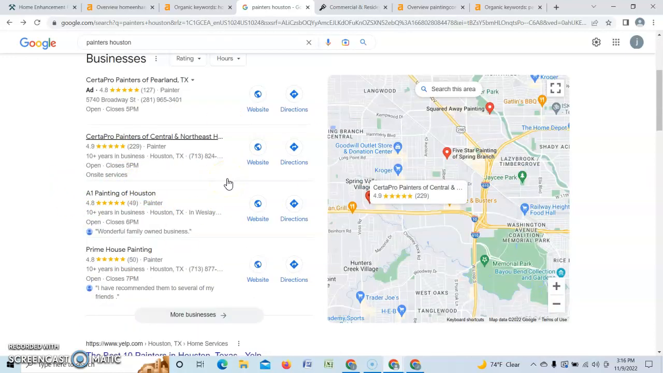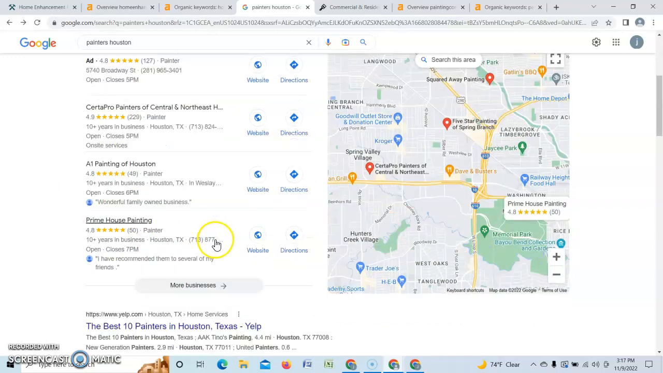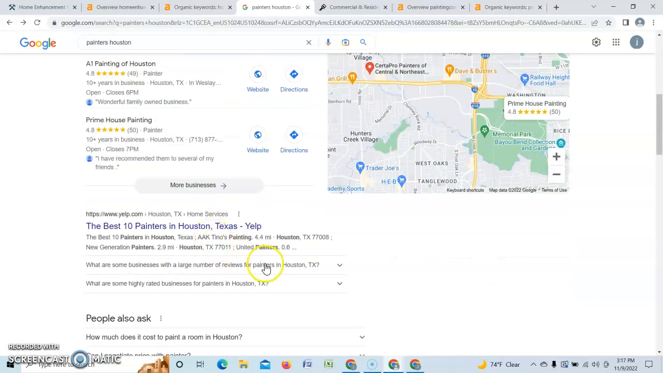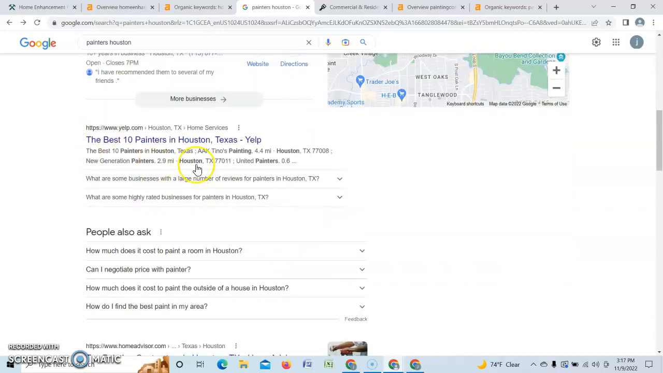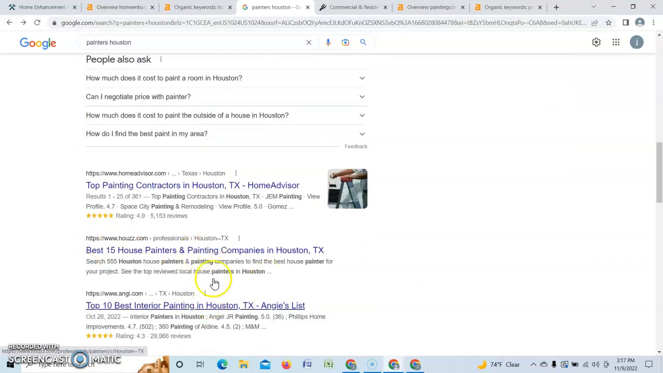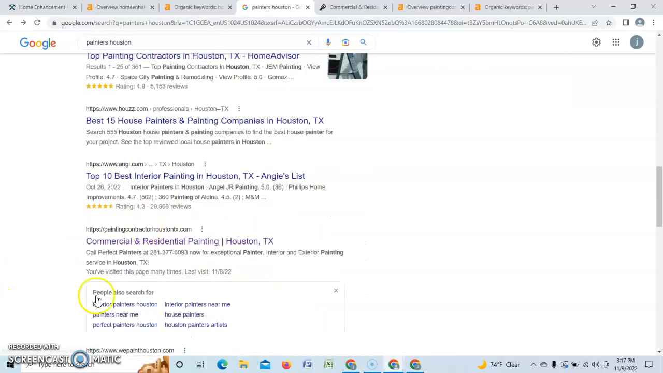Now, it's super important to get on this Google Map Pack, especially the top three, because 30 to 40% of people will stop right here. They'll pick one of these three because they're on the top. And it's super important to get on the top so you can be part of that 30 to 40%. And then you're going to have your organic rankings. So you're going to have Yelp, Home Advisor, Houzz, Angie, and then you have your first real competition, which is Painting Contractor Houston, Texas, which is actually